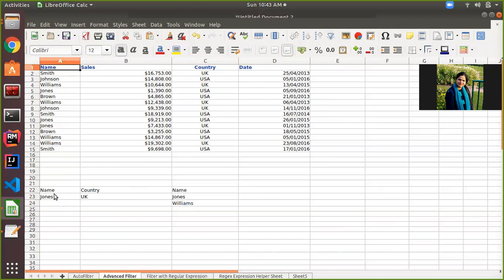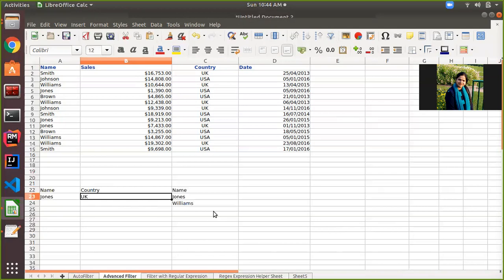Suppose I want to filter those salespersons whose name is Jones. So like this, I need to write my criteria. And if I want to filter out the sales of country UK, I will write the header name as country, then the condition as UK.